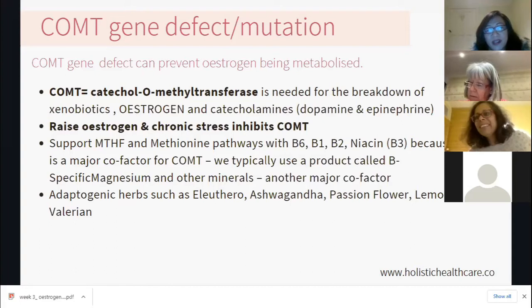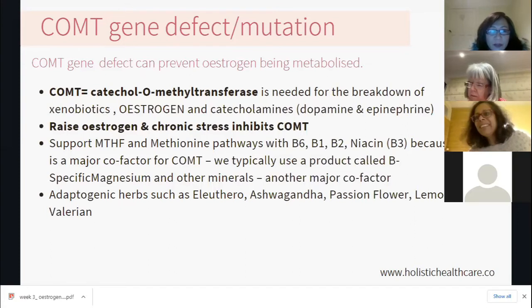It's like you're building a car and you've got a manual and it says, okay, you need a steering wheel, you need 4 seats, or you need a brake. So that's what your genes do. Your genes provide a template for your body to be able to manufacture these enzymes and all the other stuff that it makes correctly. So when you've got a genetic defect in a particular gene, you're not going to be able to make these end products correctly, and it's usually these enzymes and things that get affected.